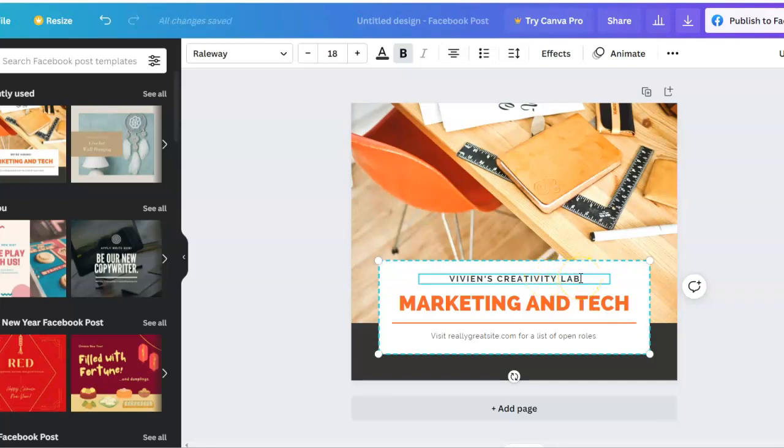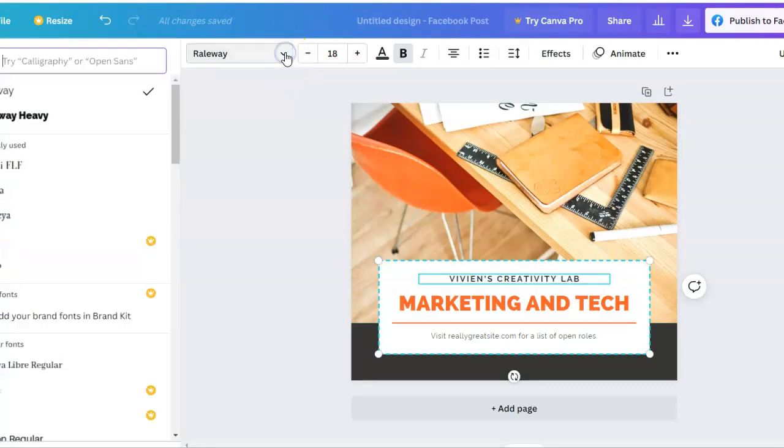So I'm going to left click at the end, select it. I'm going to go up to the top, and here on the left, these are the different fonts